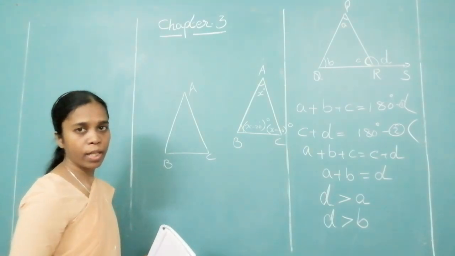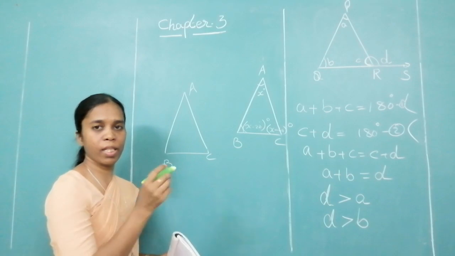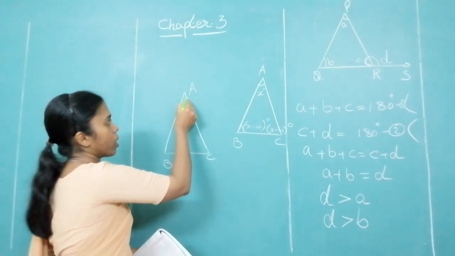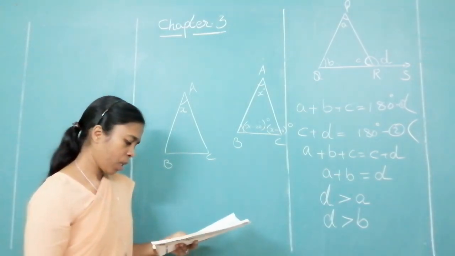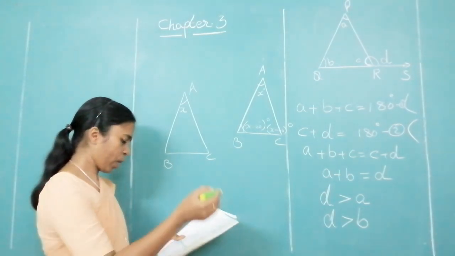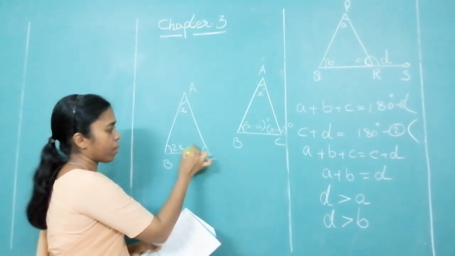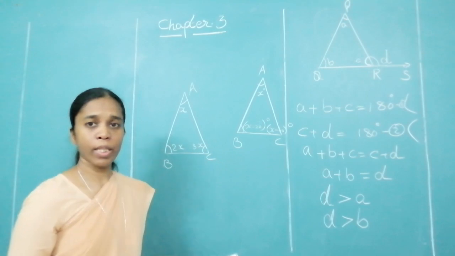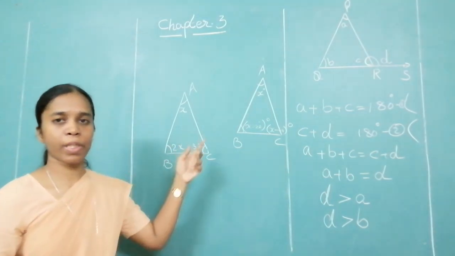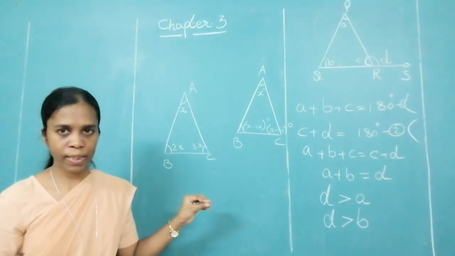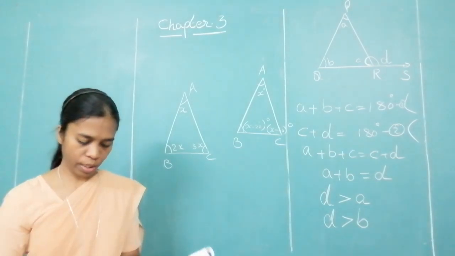Any one angle, the smallest angle, because the other two are given in relation to the smallest angle. So let angle A be the smallest angle, equal to x. Then one is twice the measure, so let angle B be 2x and angle C be 3x. Write the steps properly. In triangle ABC, let angle A be the smallest angle, equal to x. Therefore, angle B is equal to 2x, angle C is equal to 3x.